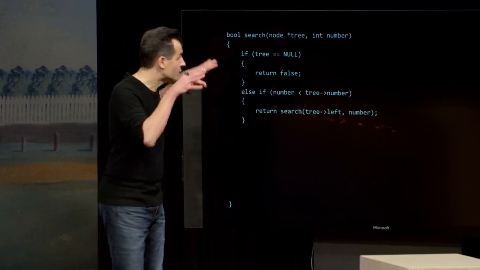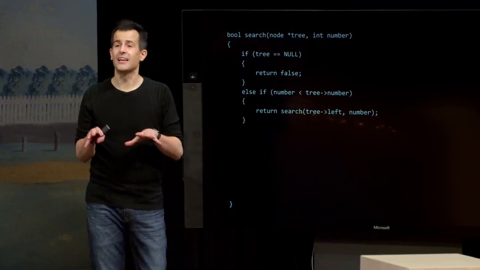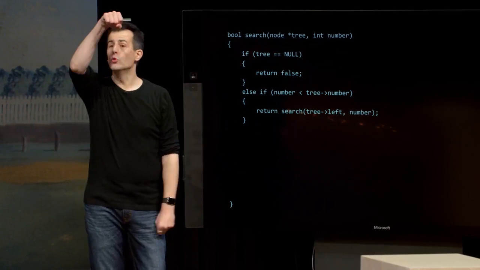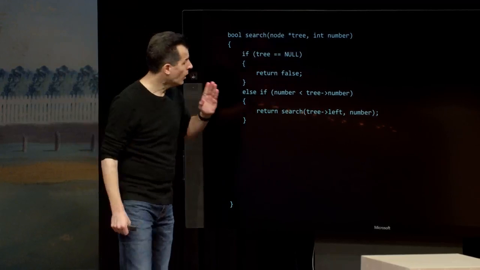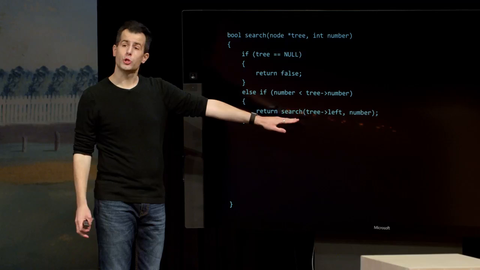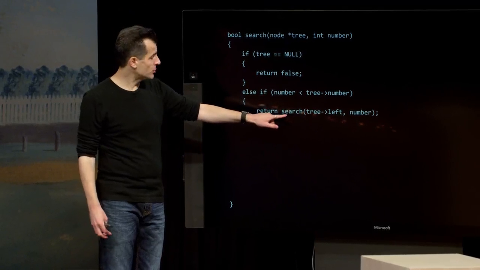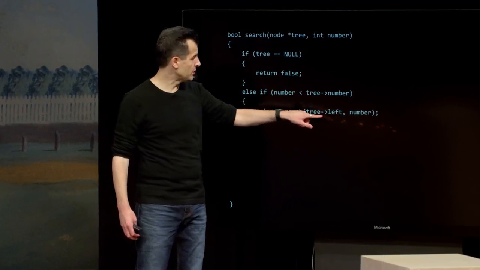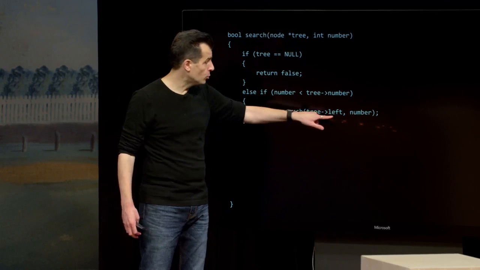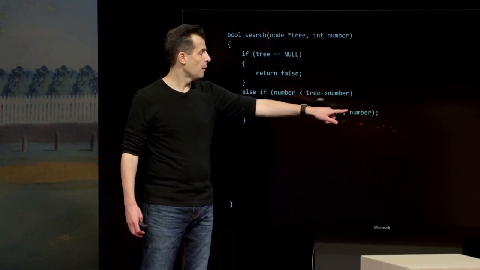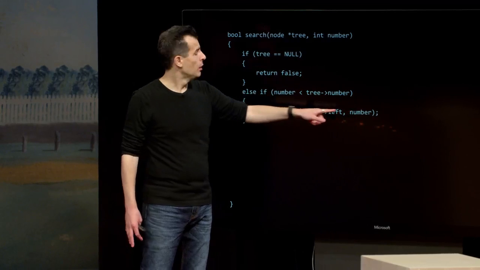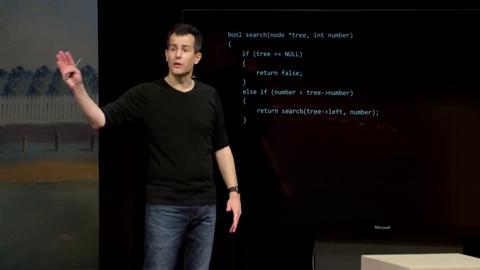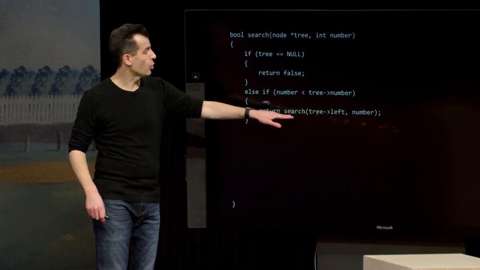Here's where it's important that a tree is a recursive data structure. A tree is 2 subtrees with a new root node, as before. So I already have code via which I can search a smaller tree. So I can just say search the left subtree, as expressed here, which means start at the current node and go to the left child and pass in the same number. The number's not changing, but the tree is getting smaller. I've effectively, in code, chopped the tree in half, and I'm ignoring the right half,